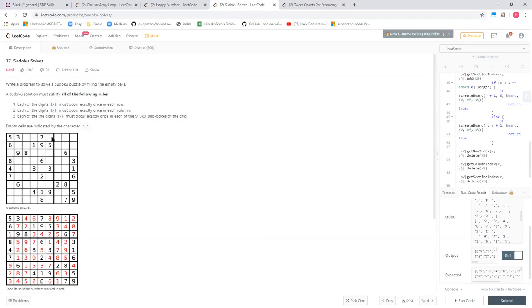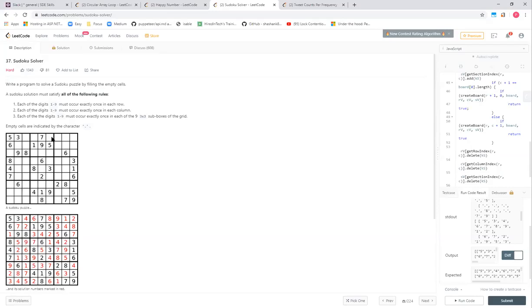Correct. 1 to 9. So for each cell, in the worst case, if it is empty, we need to go till 9, all the 9 elements, if that element is not placed. Correct.